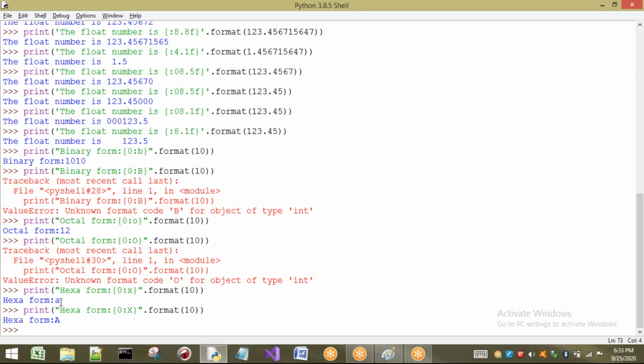For this hexadecimal only, we are having small a, b, c, d, e, f, as we are having some alphabets also in numbers. So to print those in capital letters, only for hexadecimal form we are having small x and capital X. For all the others, there is no concept of alphabets in the number system. In octal, only 0 to 7. In binary, only 0 and 1. In hexadecimal, we are having 0 to 9 and A to F. That A to F can be capital or small. So here there is a chance of having small x and capital X.